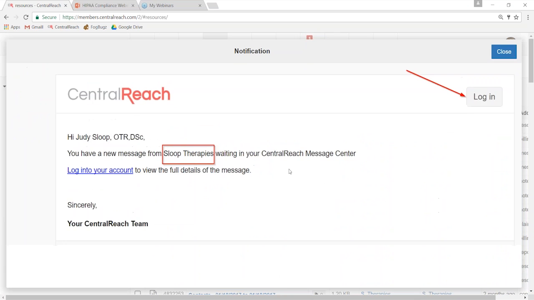So say I come in and I want to compose a new message and I want to send it out to one of my employees. What they will see is, I'm just going to show you what it looks like. They're not going to get all of the information. So say you've included a document or something in there that you want them to see. What they're going to see is basically,